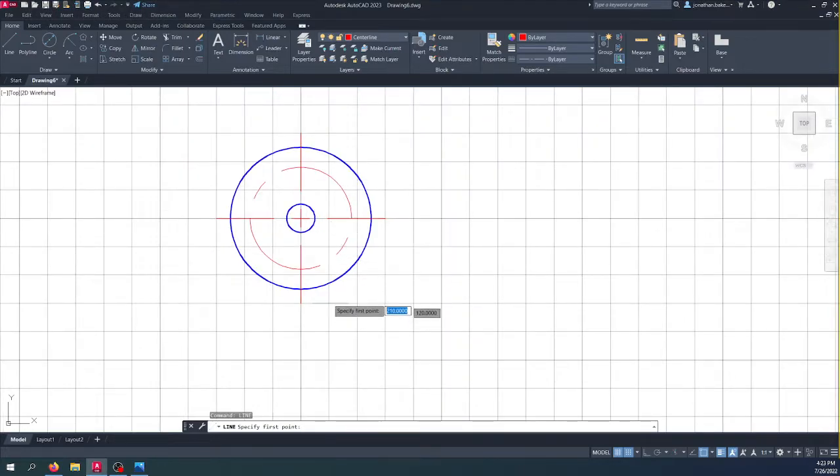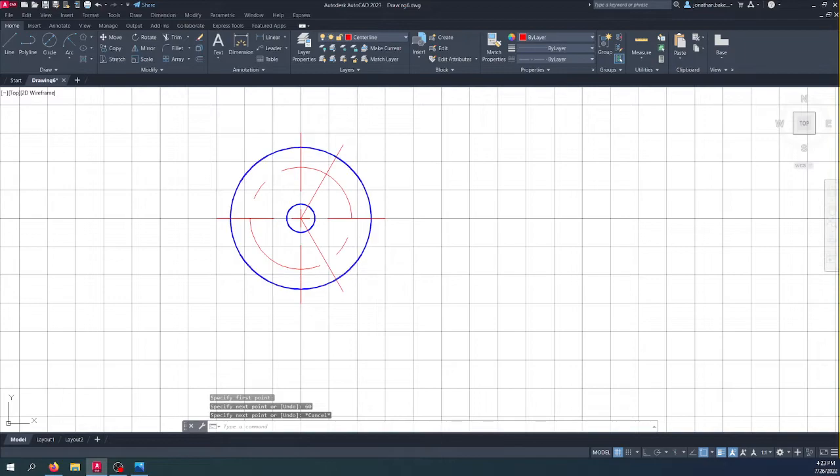So what I'm going to do is draw from the center, and actually I'm going to turn the snap off. Draw from the center. I'm going to go 30 millimeters. I'm going to tab over. It's going to be 60 degrees right there. And I'm going to do that again. So I hit spacebar, draw a line. I'm going to go 30 millimeters,